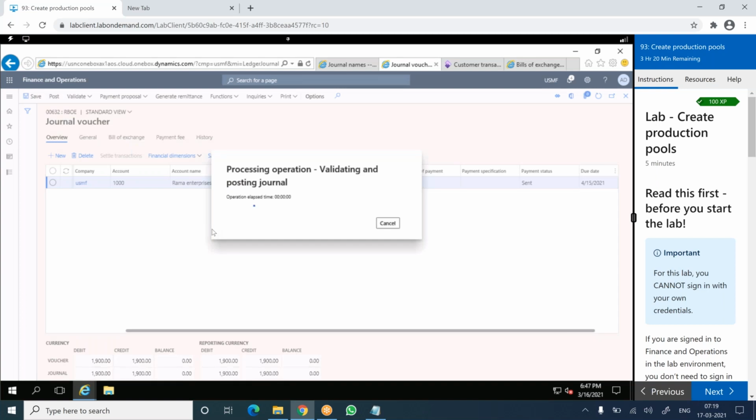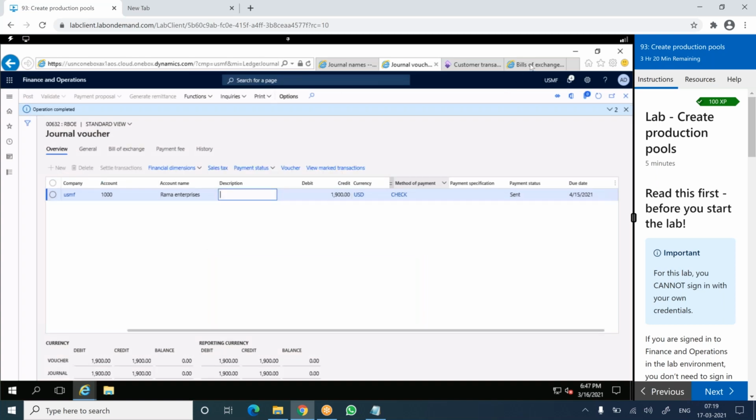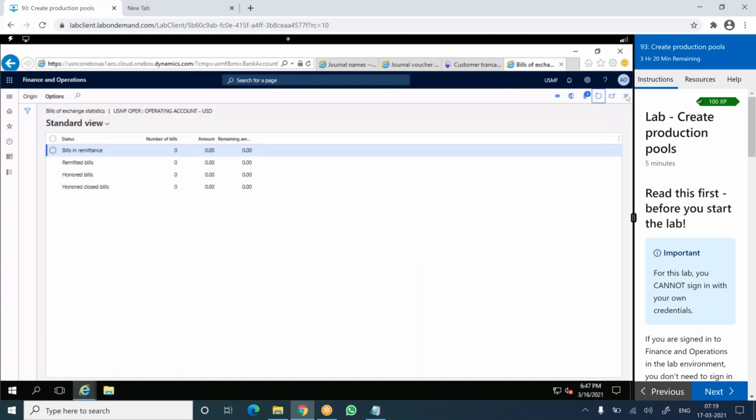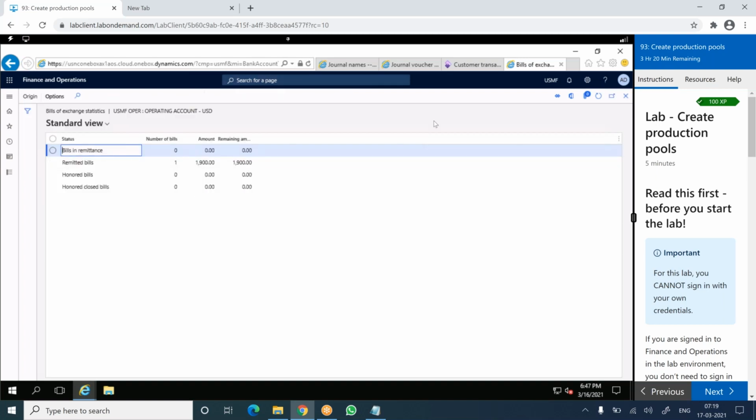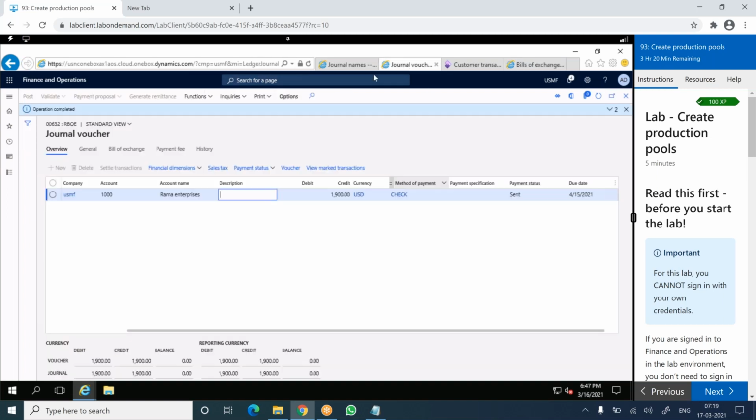If I do posting remittance, then automatically the statistics will be updated in the bank. This is in the bank. If you refresh, remittance will be updated. Remittance balances will be updated. Okay, this is in the bank bill of exchange remittance. Okay, so next step,